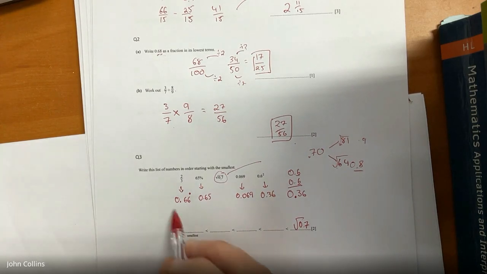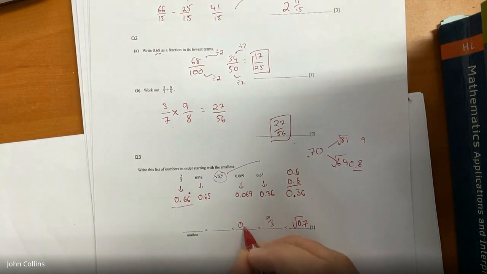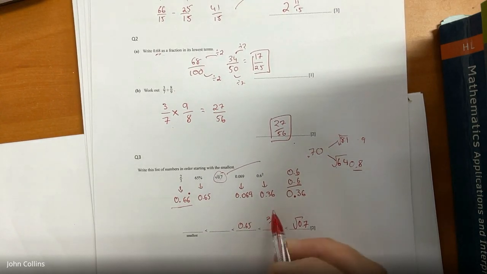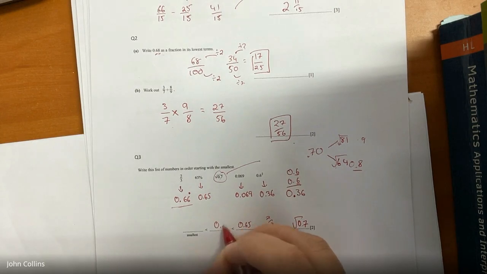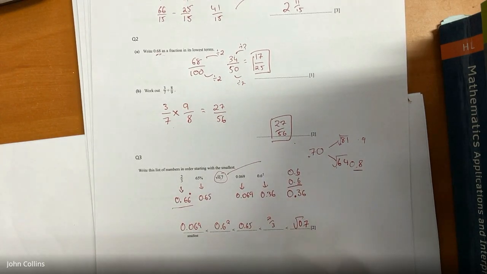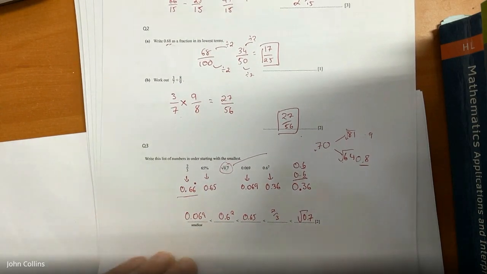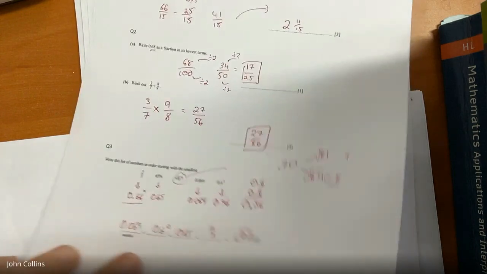The next one then is this 2/3. Then the next smallest is 0.65, I think. And then we've got a 0.6 squared and 0.069. Okay, so it's 2 marks. If you get them in the wrong order, you're probably not going to get any marks for that. So it's 2 marks or nothing, especially since you had a calculator. Okay,